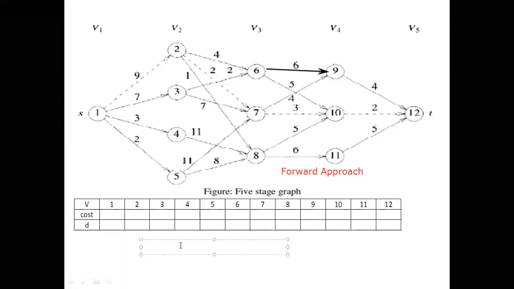Before that I will explain this particular table also. I missed explaining this table, so I will explain it, then we can solve it and fill in the values. What is this B? B is the different vertices: 1, 2, 3, 4, 5, 6, these vertices up to 12. The last one is 12. Cost means the shortest path we are finding. That one we are going to write here in the second row.